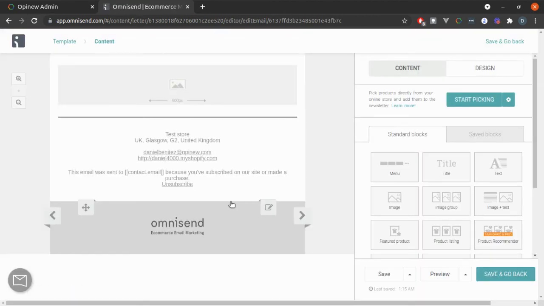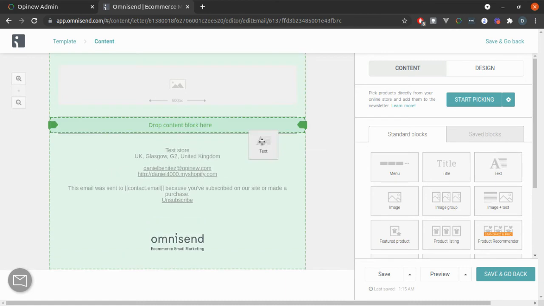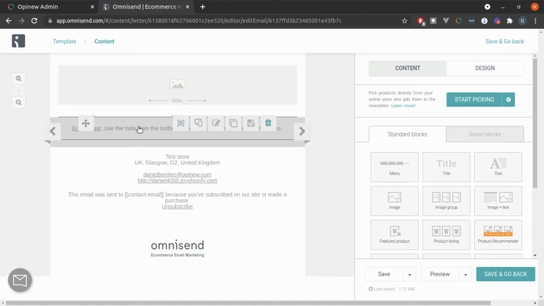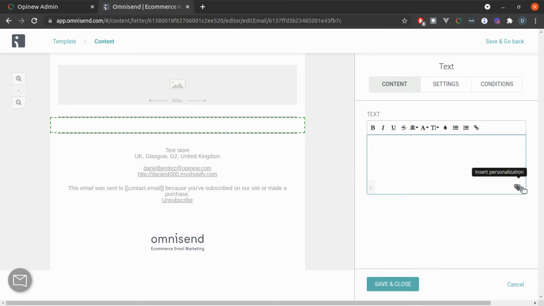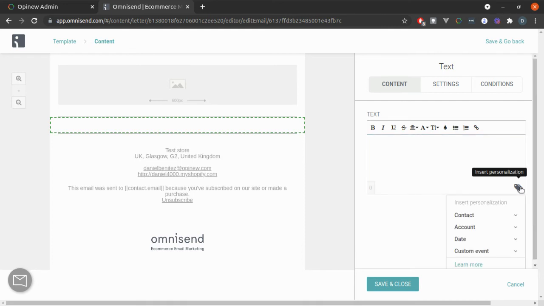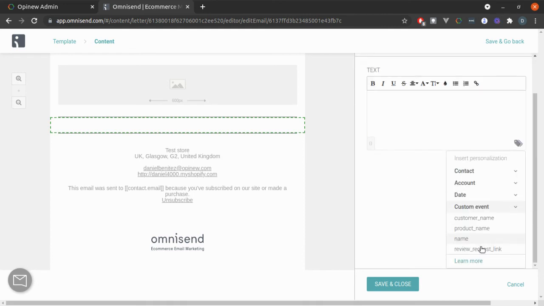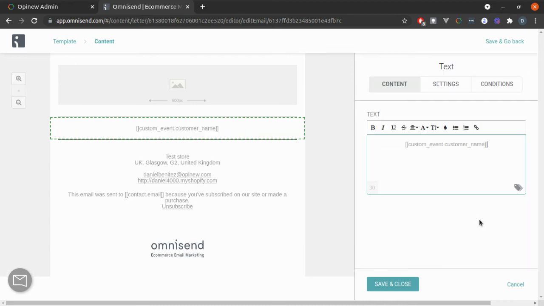This is the email editor. You can grab a text icon, place it wherever you want, and here you can write the content of the email. You can use the same merge tags you use in Opinew by clicking on this icon, and in Custom Event, clicking on the one you want to use, for example, customer name. We can set something like "Hi customer name,